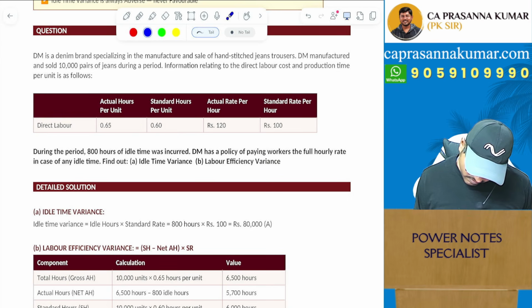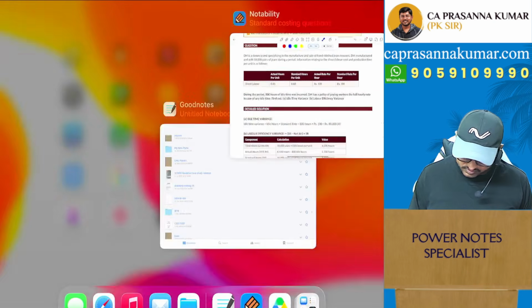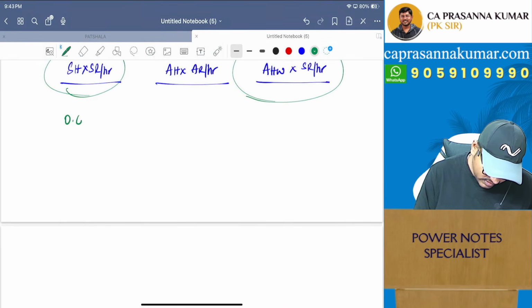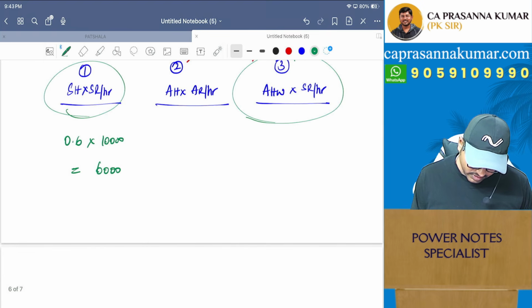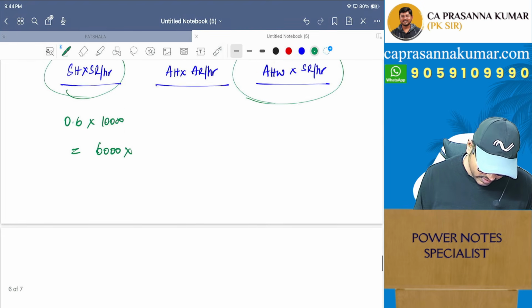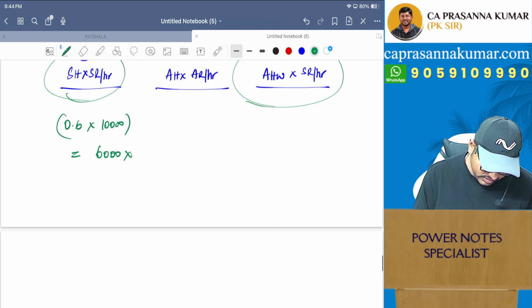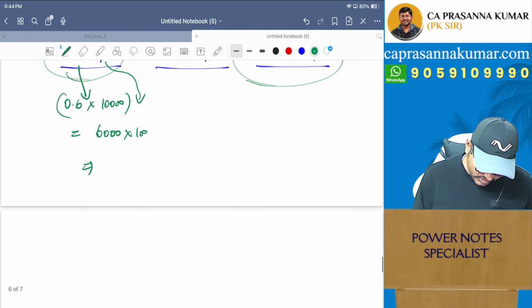Actual output is 10,000 pairs of jeans. So standard hours for actual output is 0.6 into 10,000. Here, actual hours worked in standard rate per hour. This is standard hours only. 0.6 into 10,000 is nothing but standard hours. Standard rate per hour is how much? So SH into SR per hour will be